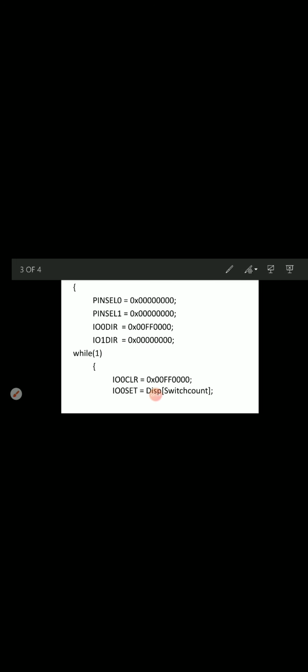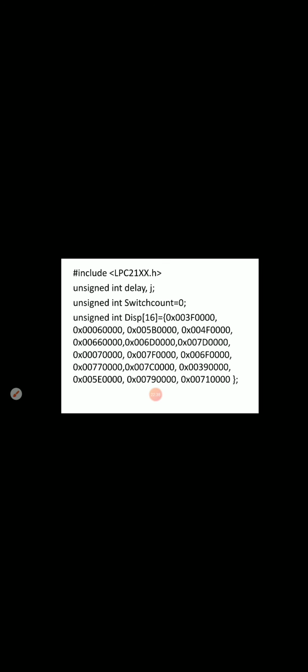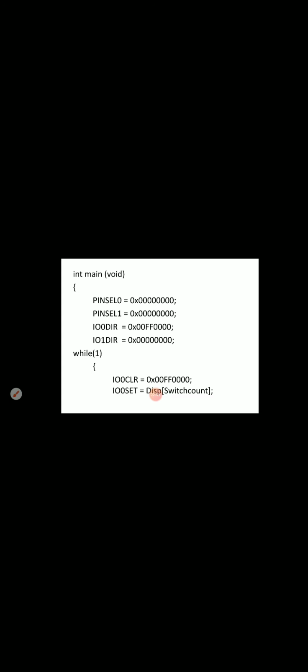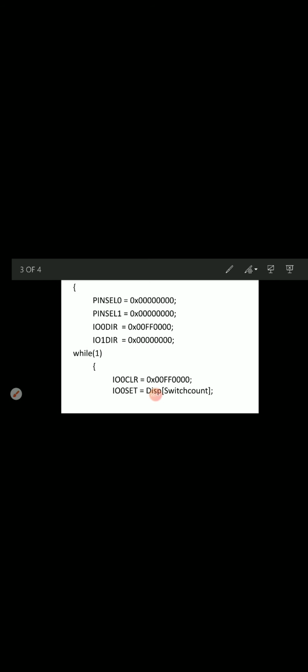Now after configuring this one, we are entering into a while loop. So this while 1 means this program is continuously running on the LED display.